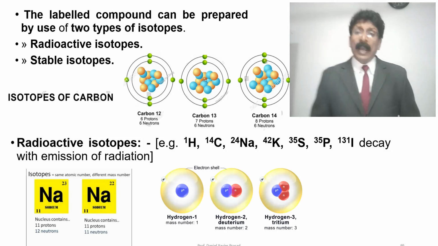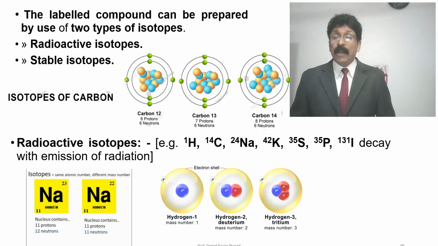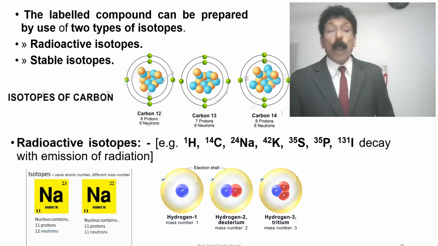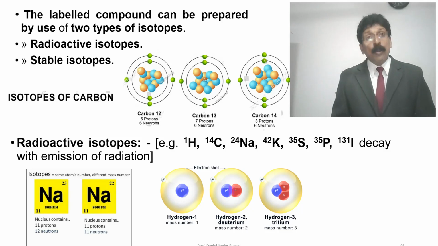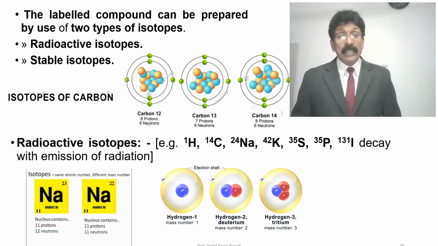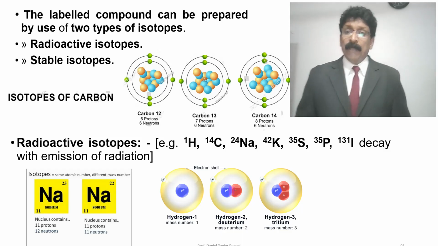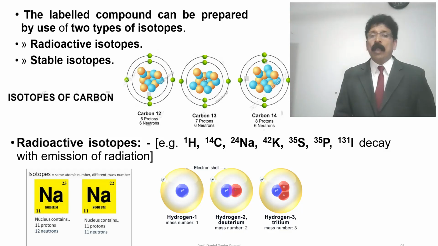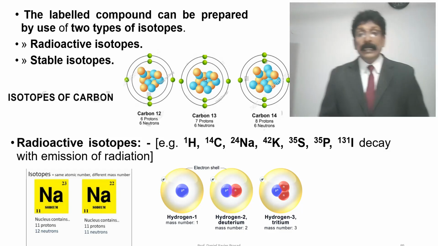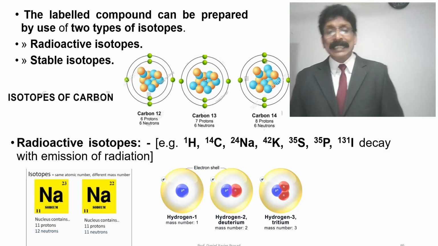In hydrogen, you can see hydrogen 1, which has mass number 1, only 1 proton. When having 1 proton and 1 neutron, the mass number becomes 2, that is hydrogen 2, which is deuterium. And when the mass number is 3, which has 1 proton and 2 neutrons, it is tritium. We know that this is the